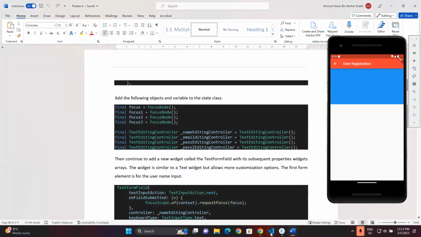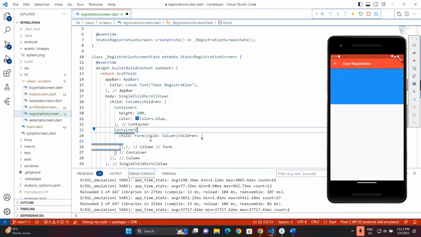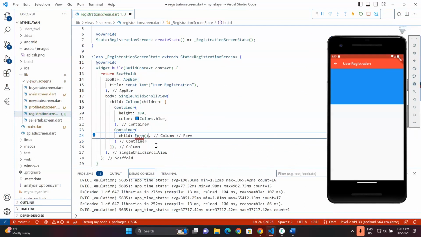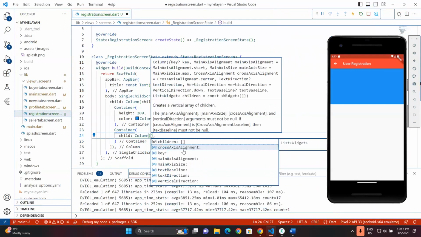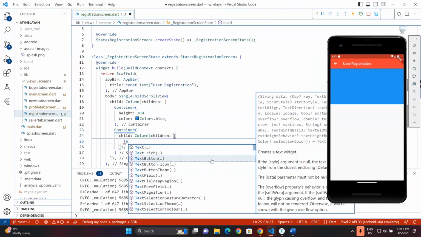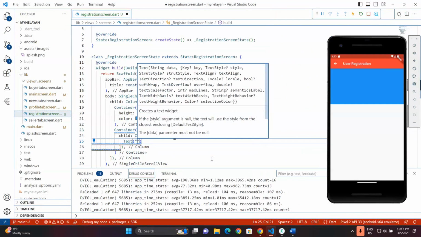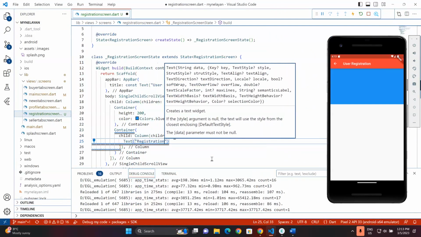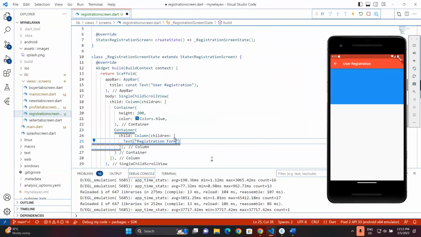But here I forgot, because here in container, the child is not form. So instead of form, let me just undo this a little bit for now. Let me start with a column first, so that I can have a title for the form. So let's say registration form, just to indicate this, and then form,